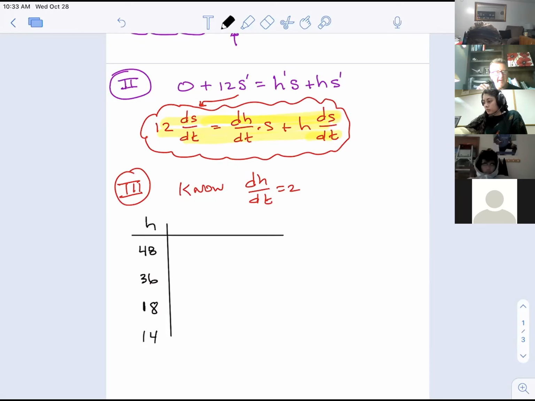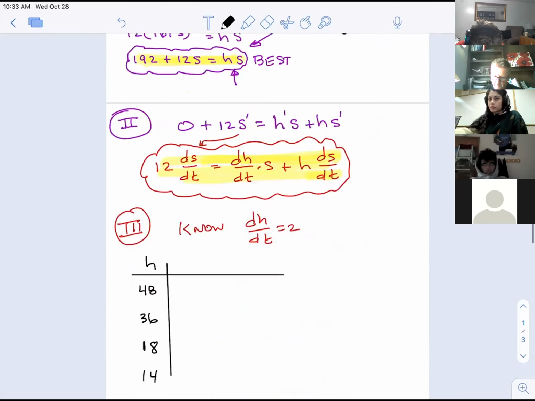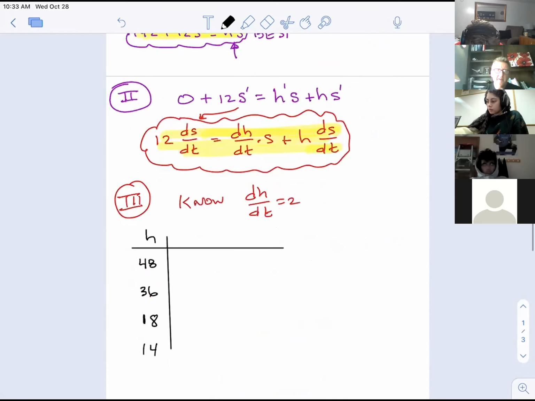Does it make sense the sun can't go below 12? Because then the sun is shining up in the sky. It's not making a shadow anymore. So I have to keep the sun above 12 feet above the tree to have the shadow hit the ground at all. In your book problems, one of those will be another one of the givens, and they won't give you four questions, they'll just give you one. The unfortunate part of that is without being asked all four of these questions, you won't really have a sense of how cool this is. You'll just have one answer and you'll go, oh, okay, I guess that's the speed.